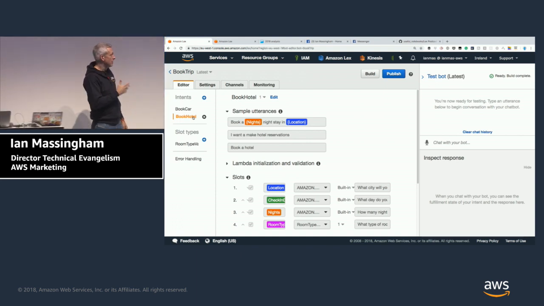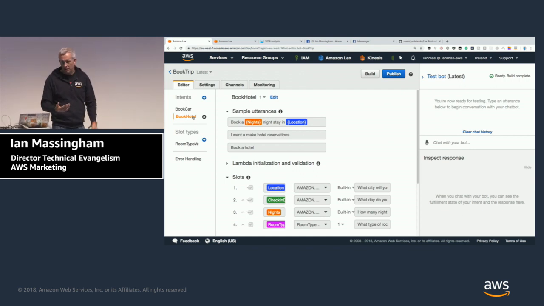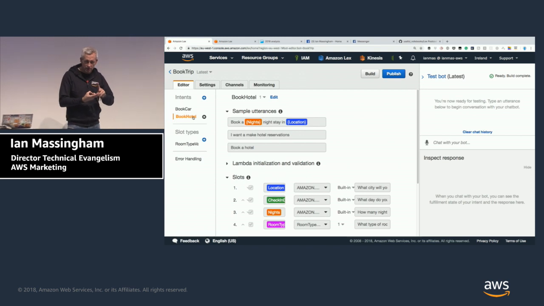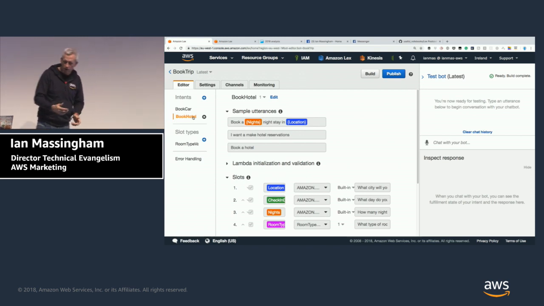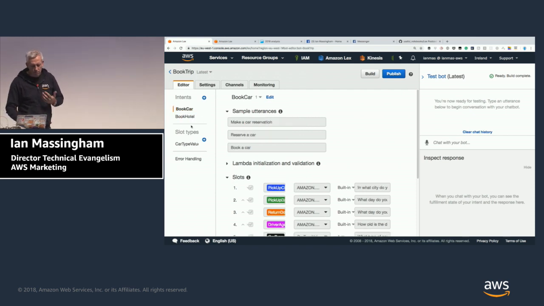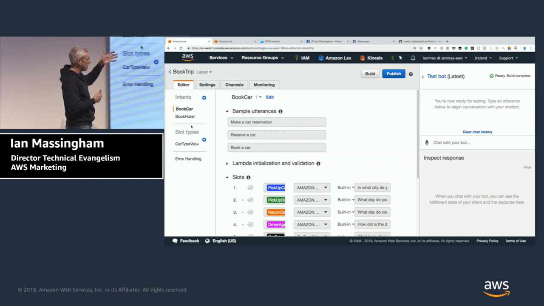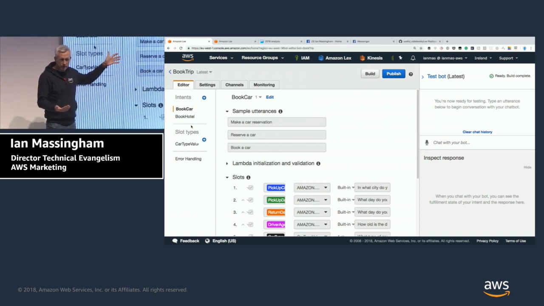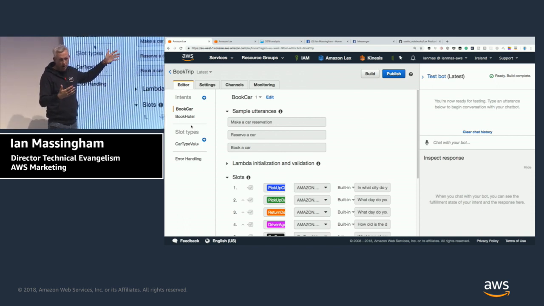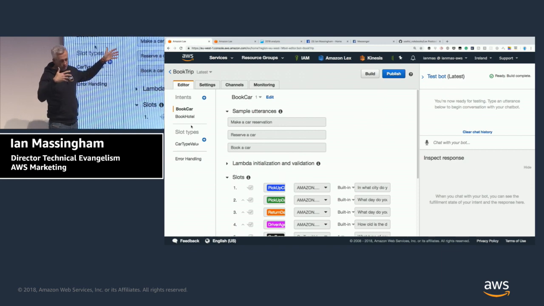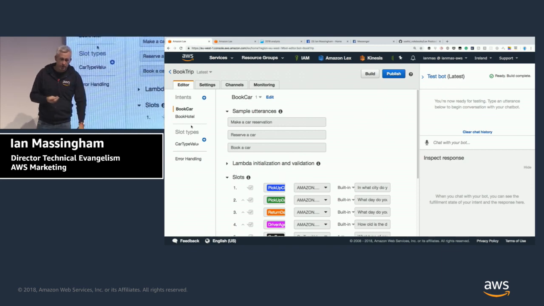So I can say, book a 2-night stay in London, and the values of duration and location will be populated at the end of the intent resolution phase in a single shot pass. Okay? So in order to build a model, I need to train or provide training data which are representative sample utterances that will enable the neural network classifier model to determine which intent I've triggered with a particular utterance.